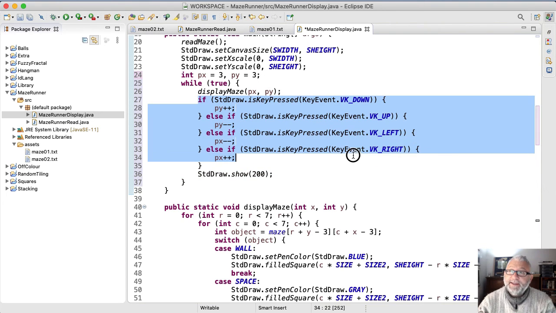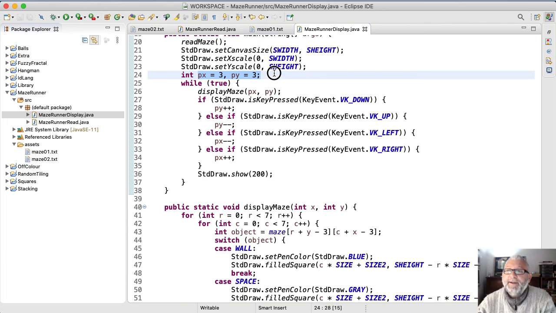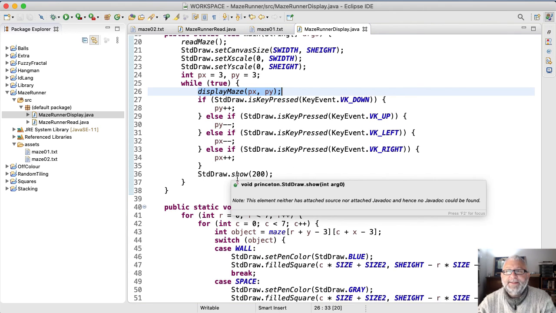It's also going to check if a key is being pressed 5 times a second. And in the other program, I had a special counter that avoided the checks, so that they're not checked 100 times a second, but only 4 times a second. But I think 5 times a second is fine. I'm going to save that. So what am I doing? I'm keeping track of where the player is in the maze. I display the maze for those coordinates. Then I check if a key is being pressed, and if it is, I change the player position appropriately, and I redisplay the maze